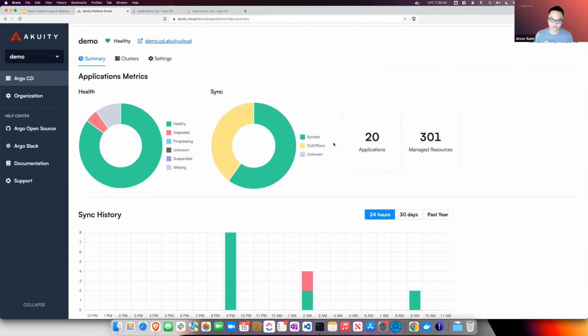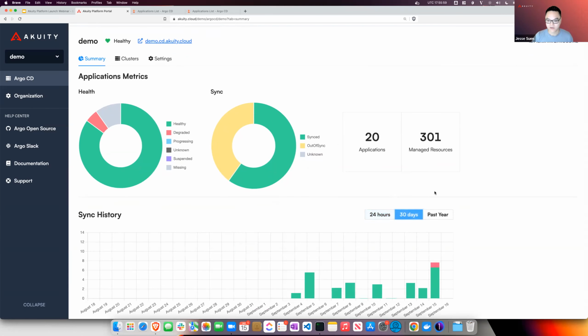We're getting these events, so why not store them long term, so that people can see over time what is exactly happening in the cluster. So we have a summary of what the current state is, but we also have some history of the synchronizations that happen over time. Maybe this one was a failed sync, right?